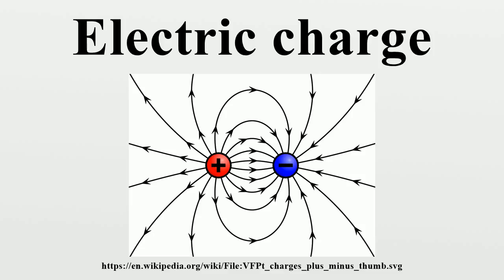The motion of electrons in conductive metals in a specific direction is known as electric current. Units. The SI unit of quantity of electric charge is the Coulomb, which is equivalent to about